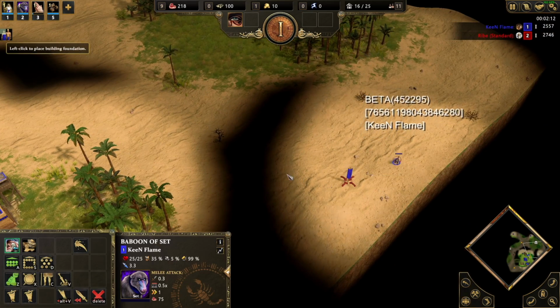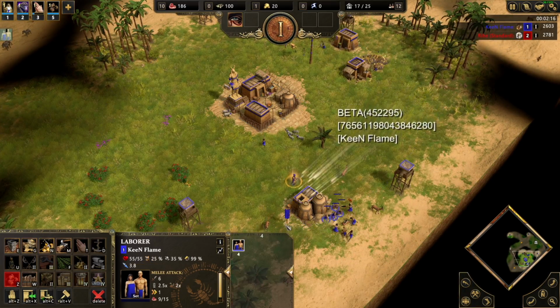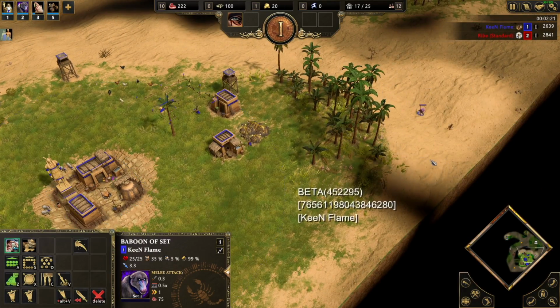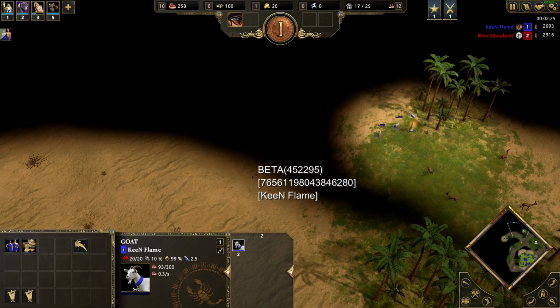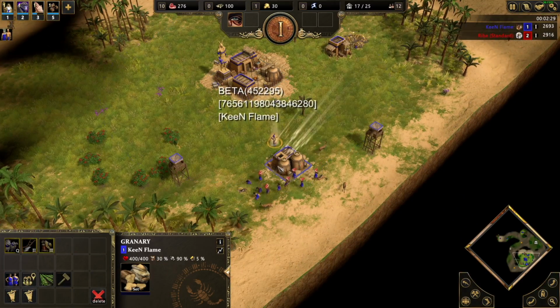Anyway, so you get a baboon now as Set, and I don't know if it's as fast as the hyena that you started with before, but it's kind of interesting how they changed that. Kind of funny actually, but yeah. So you can see I found some more goats, and now